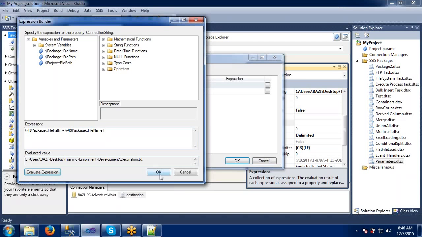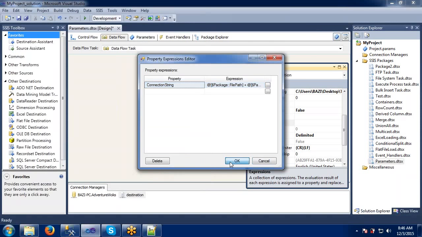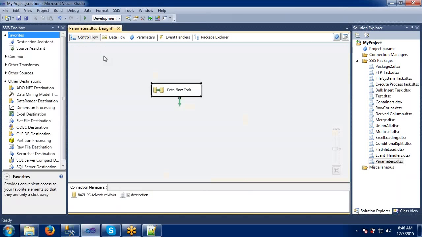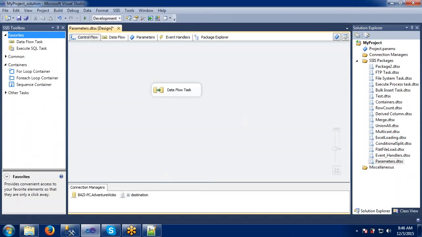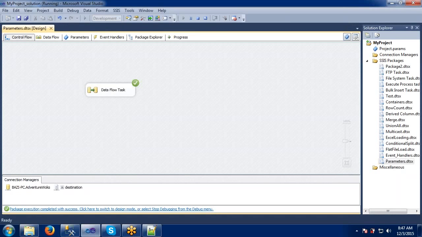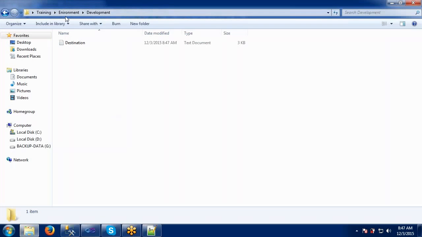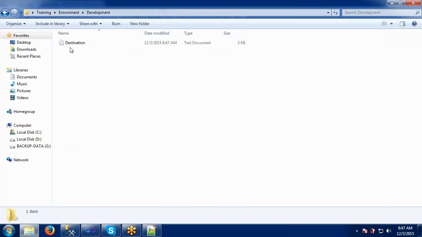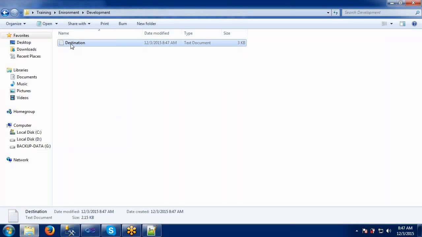Okay, just click OK. Save this and execute it. So it's executed. What is our expectation? In the development folder, the file has to be created here. Okay, nice. It has created the file, which is what we expected.